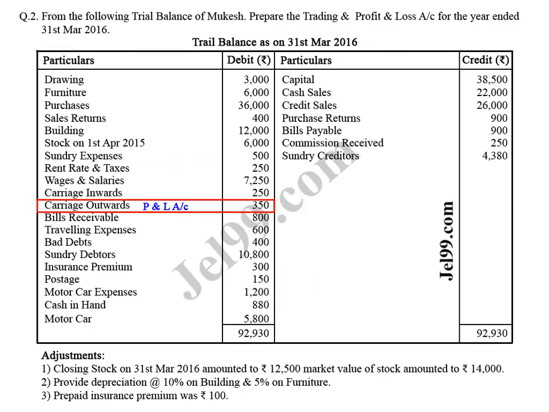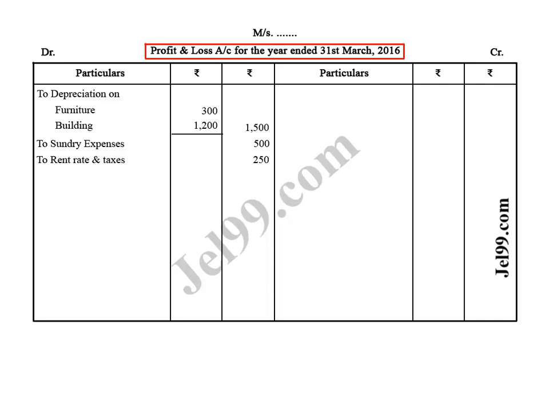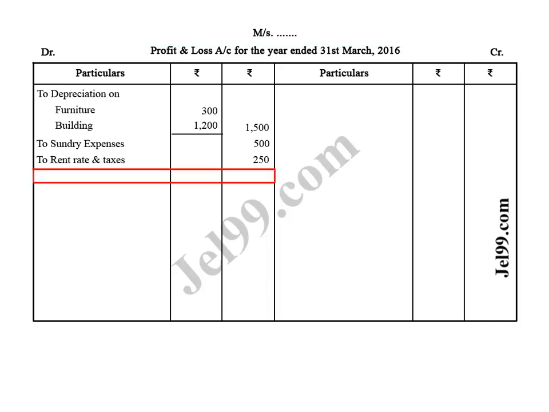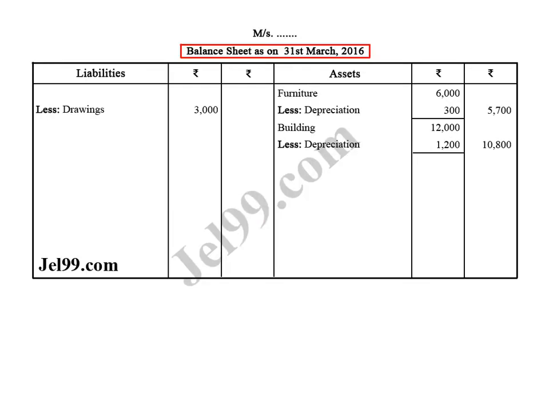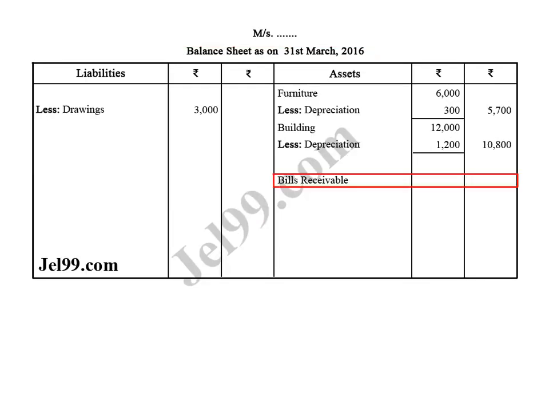of rupees 350. This is shown in profit and loss account, debit side, to carriage outwards of rupees 350. This is an indirect expense which is related to selling and distribution, hence it is shown in profit and loss account. Then bills receivable of rupees 800, this is shown in balance sheet, assets side, bills receivable of rupees 800, then